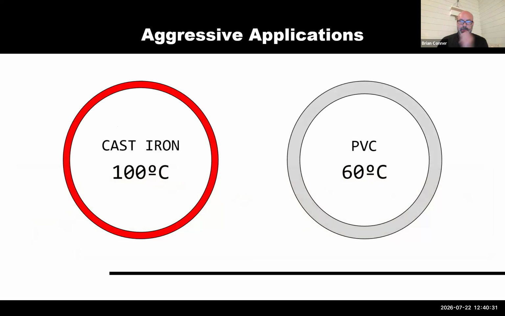So let's look at some of the reasons why cast iron, even standard cast iron, still might be the material of choice. Cast iron can handle temperatures up to 100 degrees Celsius, while PVC is limited to 60 degrees Celsius. And what's interesting to note there is that while 60 degrees Celsius is still hot and handles most things that are going to be dumped down the drains in terms of temperature, what happens to plastic pipe as the temperature